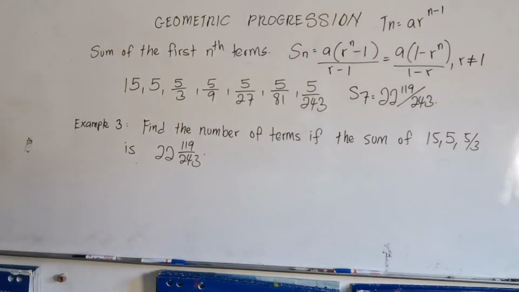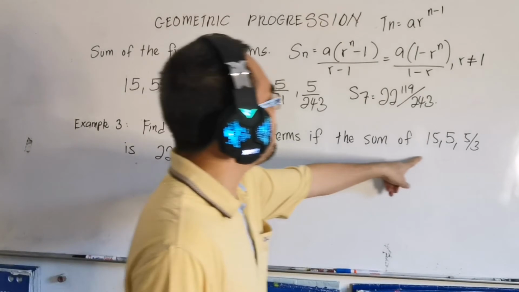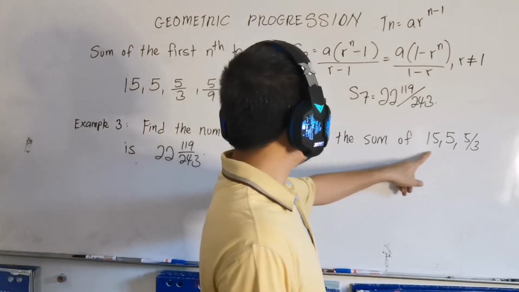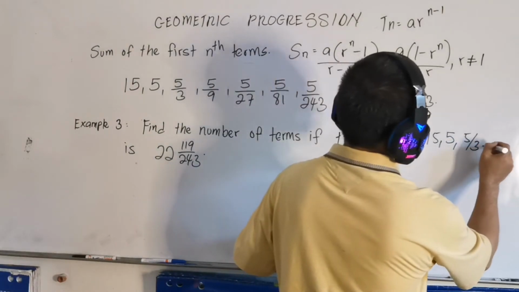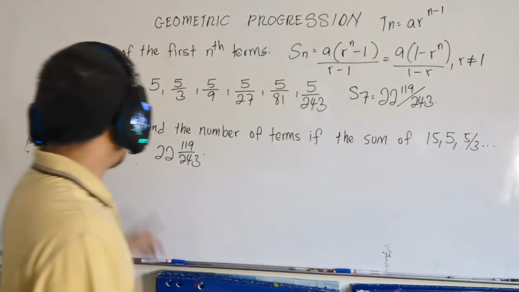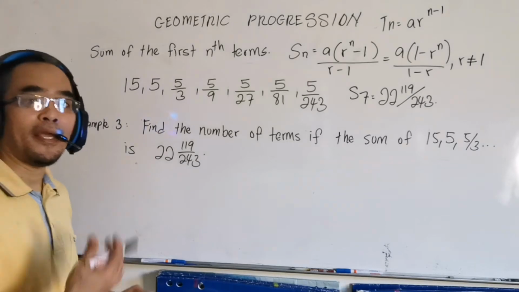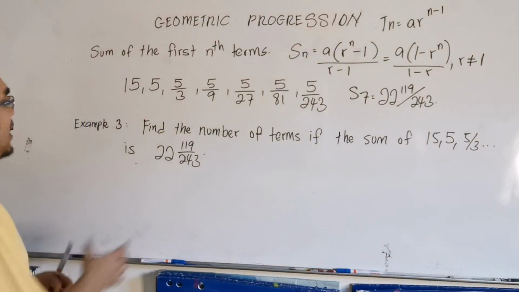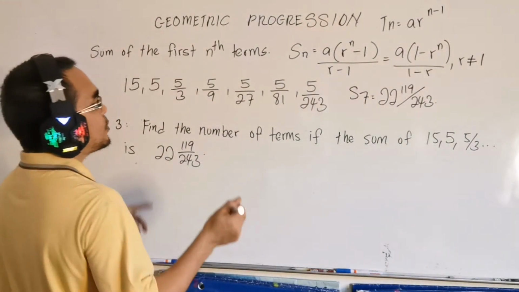Another hypothetical question will be: find the number of terms if the sum of the first 3 terms here, the first 3 terms, should be 15, 5, 5 over 3, is 22.119 over 243. So we are not given how many terms. That is the question. Because this is the sum of the first n terms, so we use